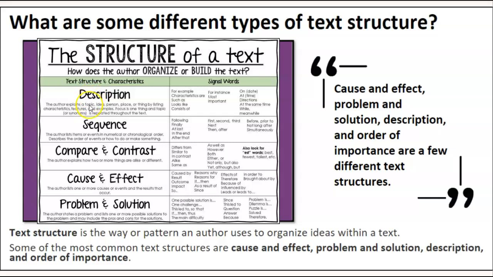A description and sequence. These are often confused right here. Description is where one topic, idea, person, place, or thing is explored, or explained. The focus is on that one thing, and it's repeated throughout the text. So it's just a description of one thing, okay? Examples or signal words would be characteristics are, it looks like, consists of, for instance, most importantly,